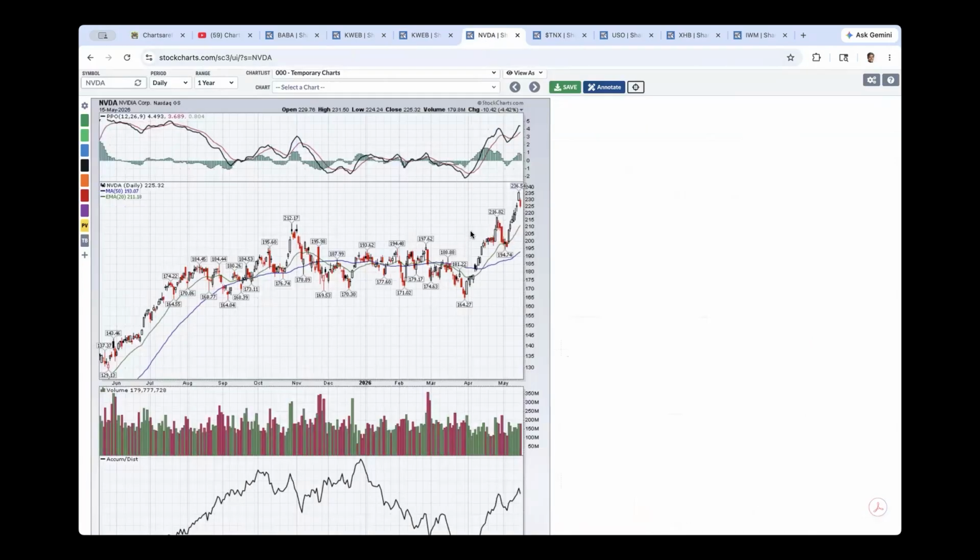NVDA has got key earnings coming out. If they wow earnings and also any positive news on the China front, which right now, after the visit last week, there's announced that the 10 key companies would be able to sell the H200 chips. With any momentum on earnings, this could go up to a cup and handle target near 269. It tested a high at 236, came back and closed near 225. So another $40, $43 or so from where it closed on Friday, if it is able to achieve that.